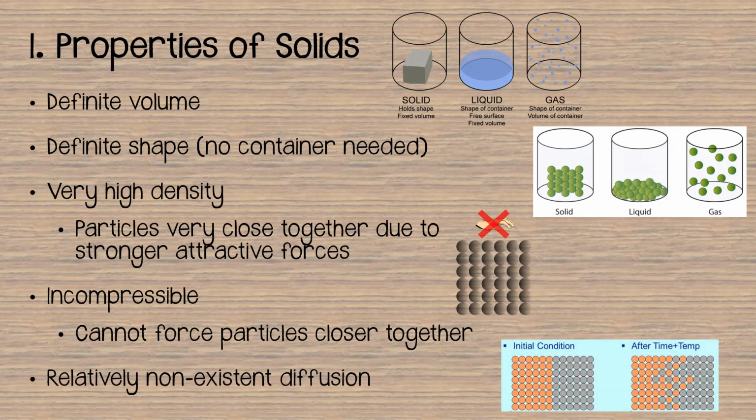And although we can't say there is no diffusion between solids, we say it's pretty much non-existent. Under certain conditions, with some temperature added, depending on the solid, you may get a slight diffusion between the two, but it's definitely not common, and you have to do some manipulation to even get that to happen. It does not happen naturally.